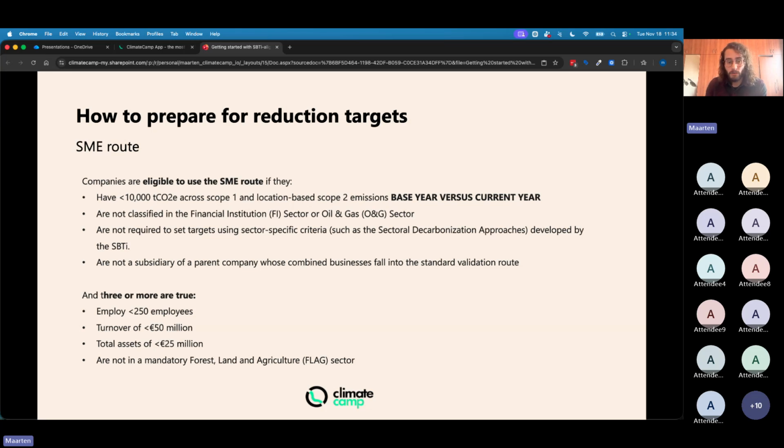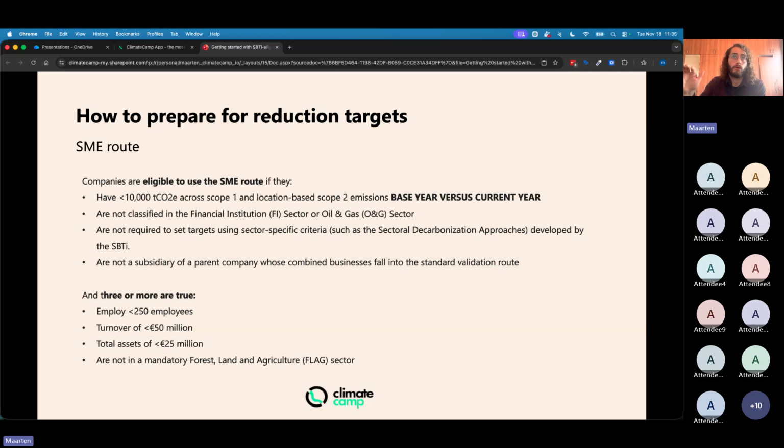Now, I mentioned in the beginning, there are 2 exemptions, 2 special routes, 2 special subdivisions when it comes to target setting. One being SMEs, the second being FLAG-intensive industries. The SME route is what it says, small and medium enterprises. If you meet the eligibility criteria, you will have less strict requirements when it comes to target setting. You have different targets, so there are some different nuances if you're a smaller company. Why does SBTi do this? Because they want to have as many companies as possible commit to reduction, and this lowers the threshold for smaller companies which don't have the same level of resources that corporates have.